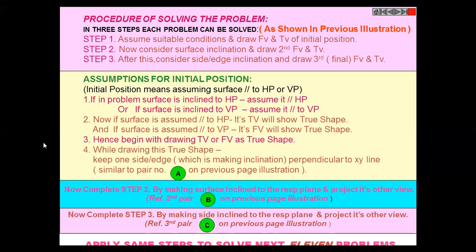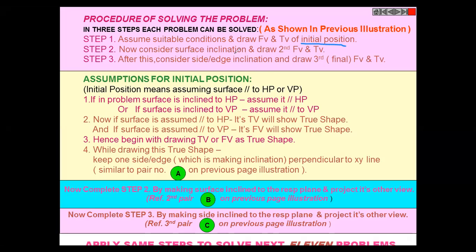So we will go according to this. Later on we will do that. What are the steps? Assume suitable condition and draw front view and top view of initial position. So first thing is you require some initial condition. Initial position you require. Fine.